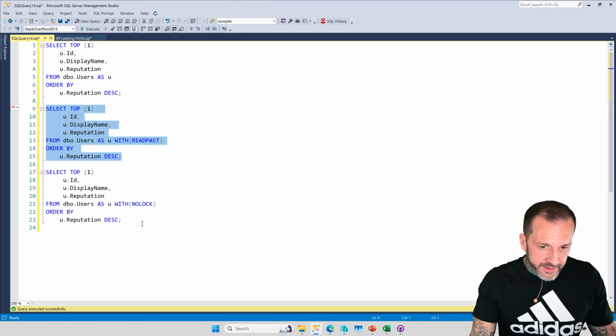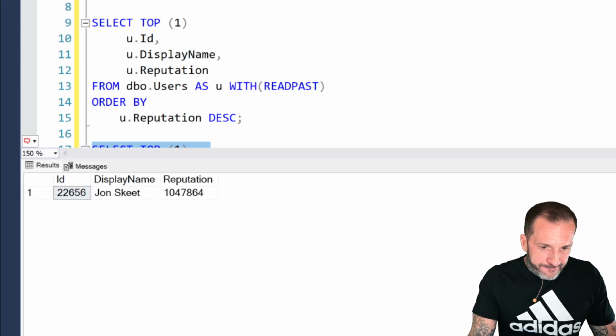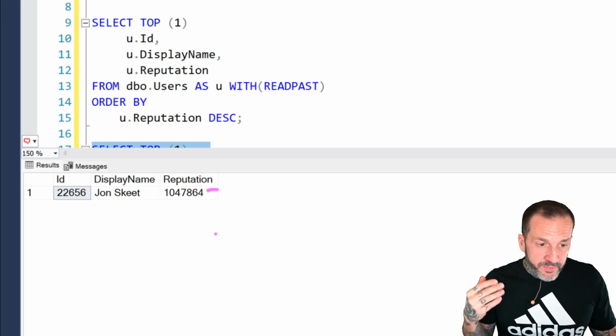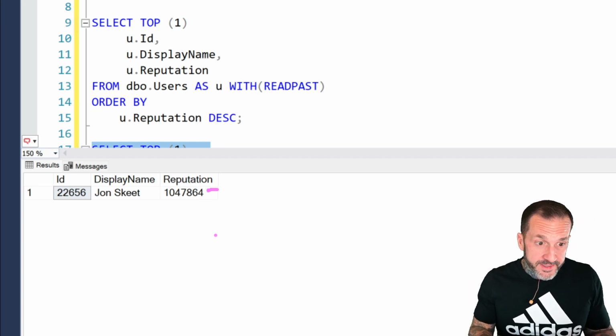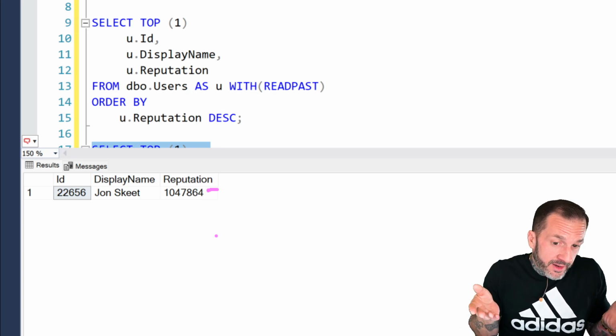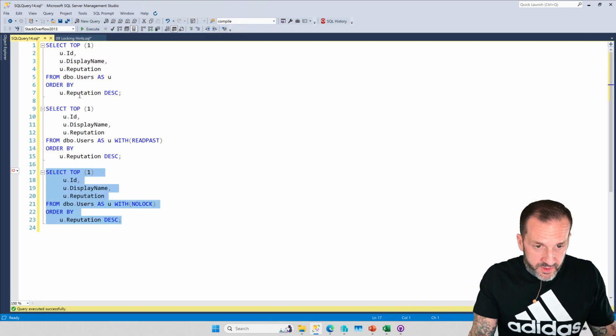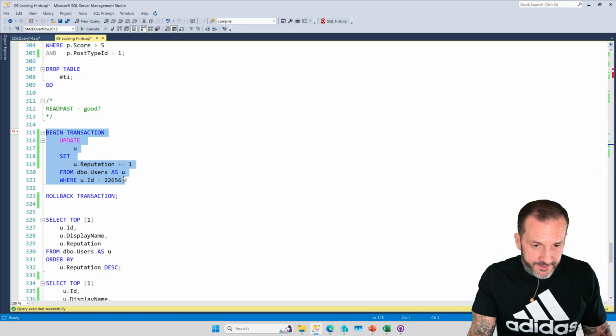And of course with NOLOCK, if we run this now, we do get Jon Skeet again, but we get Jon Skeet with his reputation incremented by 1. Is this a big deal for this? But if you had an optimistic isolation level, what you would get back is his original reputation, which is, of course,